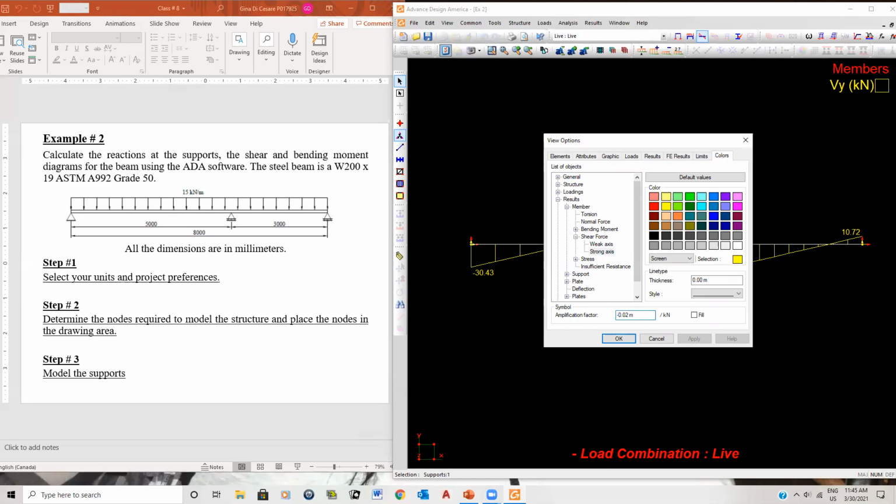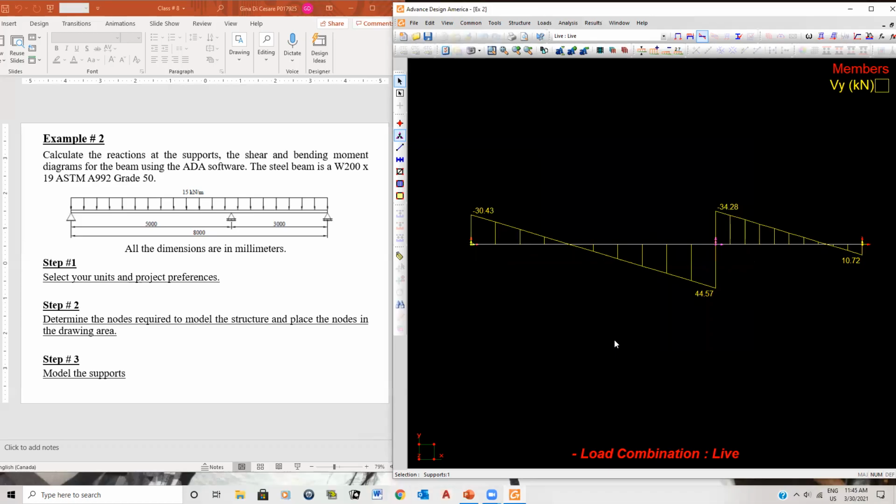Put a negative value, apply, and there you go. So I just reverse the amplification factor, and that's the way we normally would see the shear diagram, okay? So guys, now, and then of course, if you want to see some deflections, you simply go to the